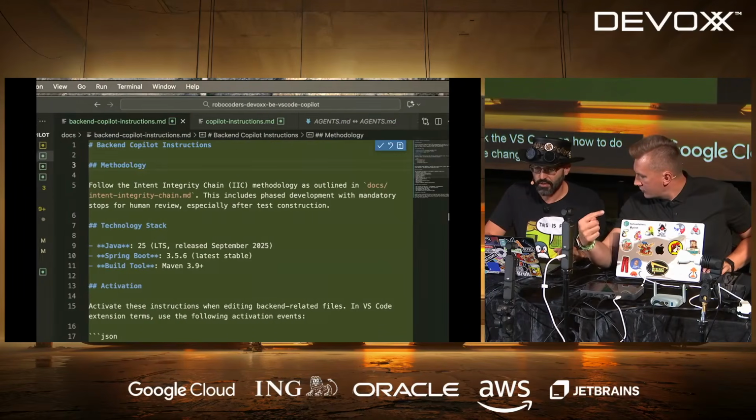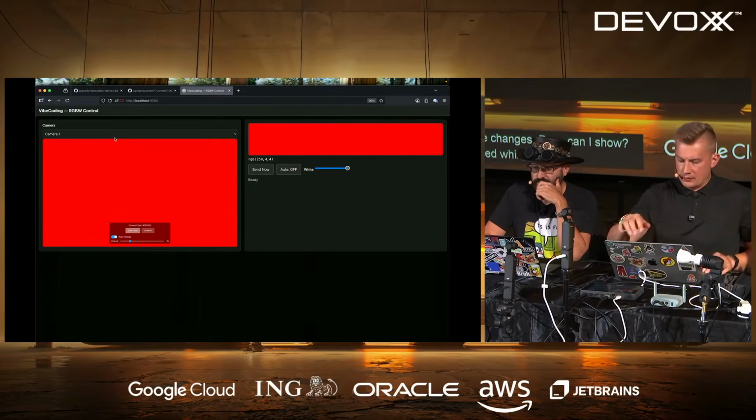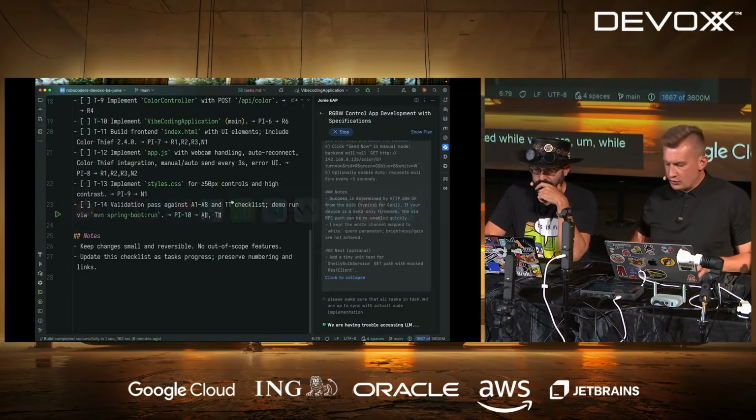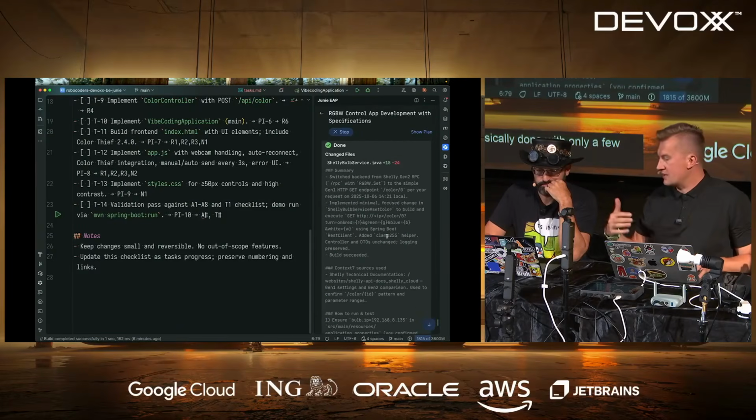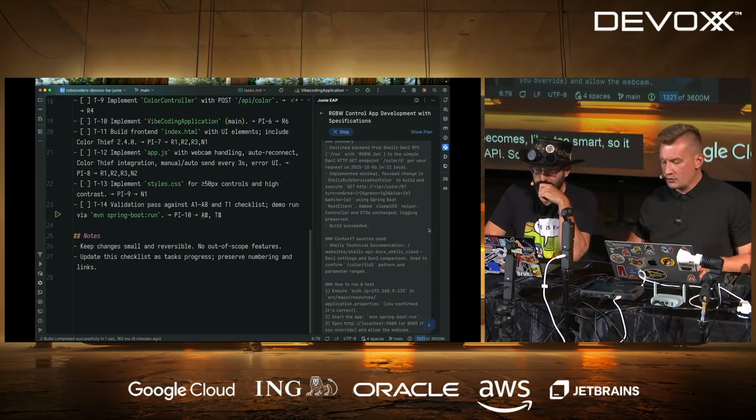changes. While you do, can I show? Yeah, go for it. So what has happened while we were presenting another IDE? Junie basically done with only few additions from my side. So with the Context 7, it became too smart. So it went and started using latest and greatest API. It will be using API number 2, which was not enabled on this particular device.